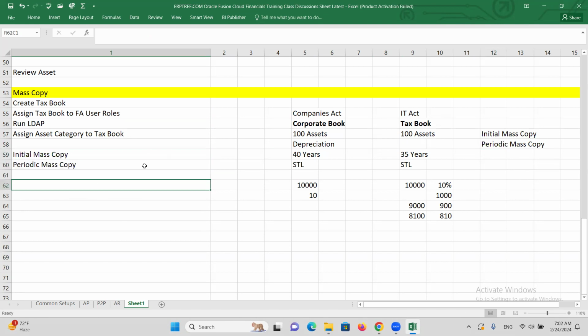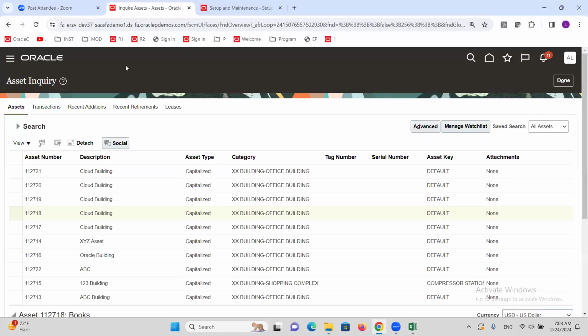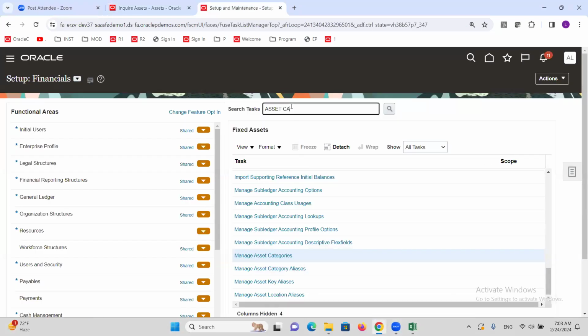The process is the same, there is no big difference. There is one small point you have to understand between the corporate book and tax book creation. We created the corporate book, and the same process we are going to follow. Let's see that. Go to Setup and Maintenance. Here search for